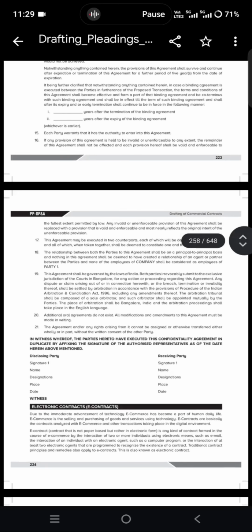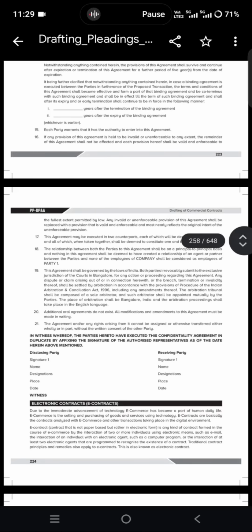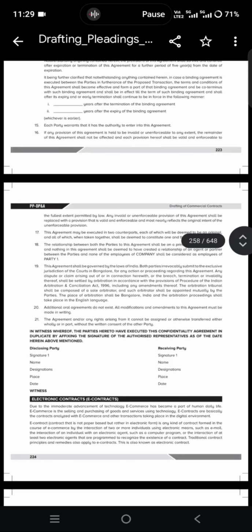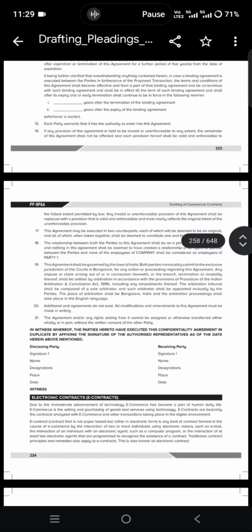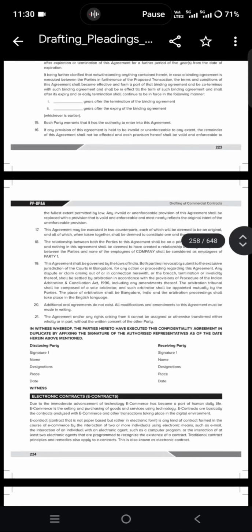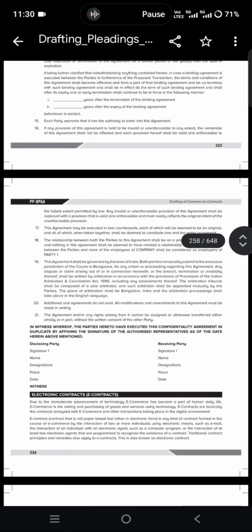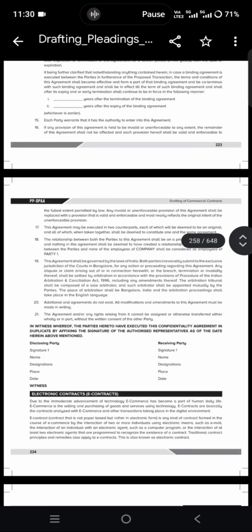This contract must serve the following purposes. Think of Flipkart, Amazon, any e-commerce platform. First, outline the scope of the services provided by X Limited. Like any food-related business, take a restaurant having only some food items listed. So the scope of services: will they provide only lunch or dinner, or even breakfast? That is the scope of services they are into. And restrict X's liability in case there is any defect in the product sold through X. If I find any defect in the product I ordered, what is the restriction on X's liability, how much is he liable?